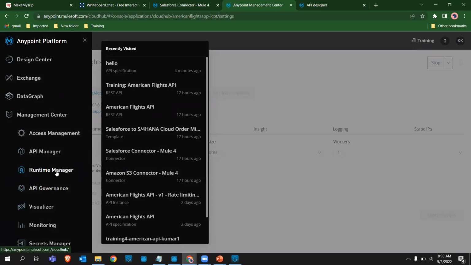Once your application is deployed, you will basically come to API Manager. So it's making sense, right? We create our application in Design Center, then we host our application in Runtime Manager. After that, we will come back to API Manager, where we will secure our application. We will make a proxy over the application. These kinds of things will be performed in